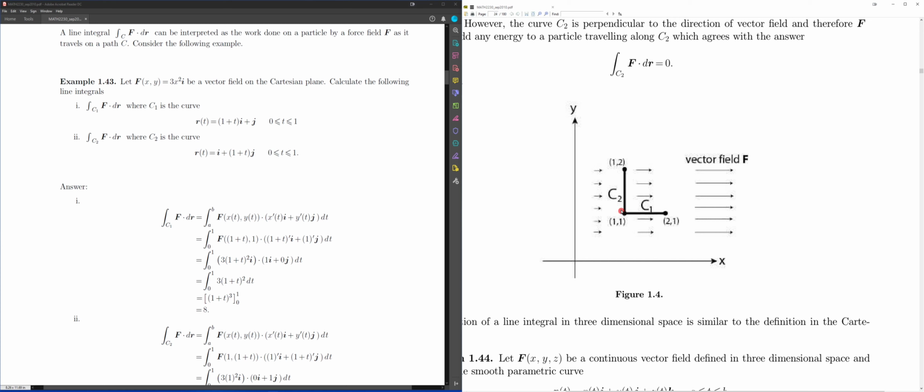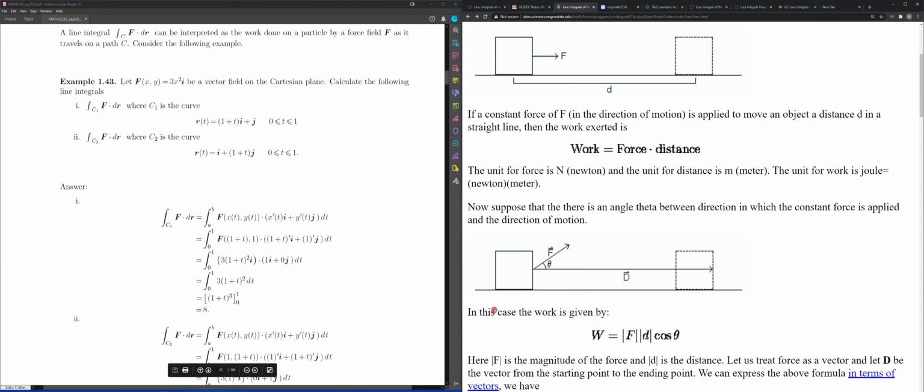Right, so your work done, this is the direction of motion, right? This is the direction of motion, but as you move along this line segment, all your forces are always horizontal, right? Okay, so one way to look at this is, remember, if your force doesn't act along the direction of the motion, as in this example, what you need to do is resolve in the direction of motion, right? Okay, so in this case, for this example,